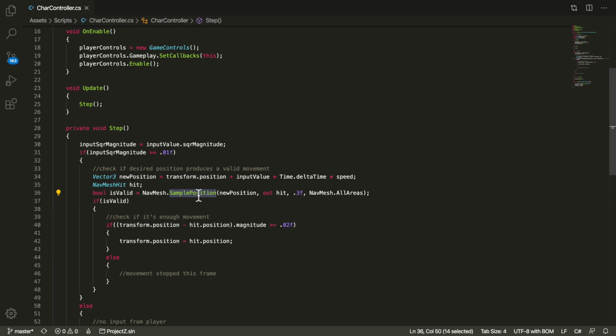So this function returns a boolean which tells me if the position is on the navmesh or not. So if, for example, I'm trying to move outside of the navmesh or within an object, this is going to return false, and then no movement happens. If movement happens, then I just do very simple calculation of the magnitude of the movement. If it's enough, then I just basically make a small teleport of the player in that new position. So the new position is a result of the transform plus the input, but the nav mesh will determine if that position is valid or not. And that is all, basically.